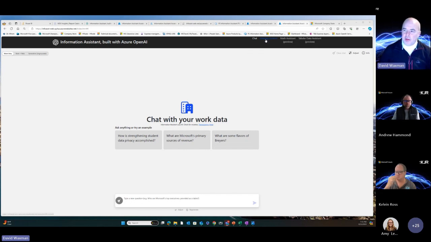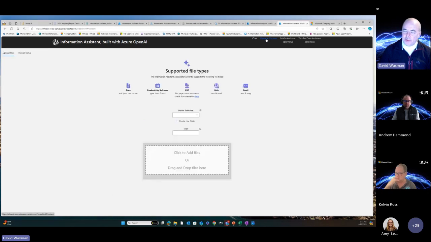So we've gone in and we've created something called a managed content function. With the managed content function, as long as you have the technical chops to drag and drop, you can drag and drop anything that you want in there, right? So someone just emailed you something, you want to ask some questions about it. Someone's got some stuff on their network drive, they want to drag this in.